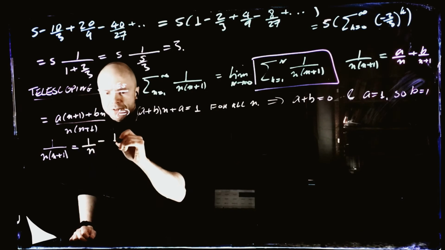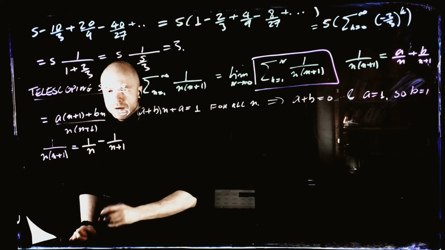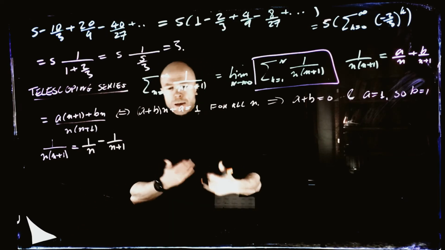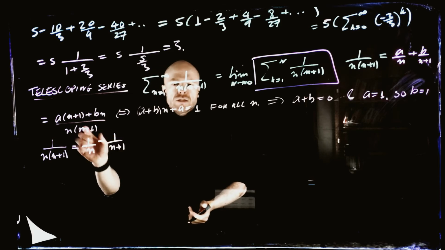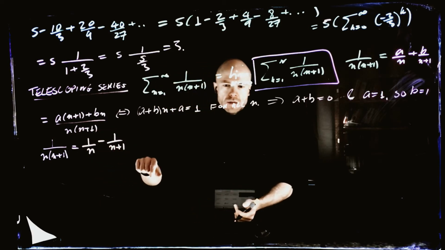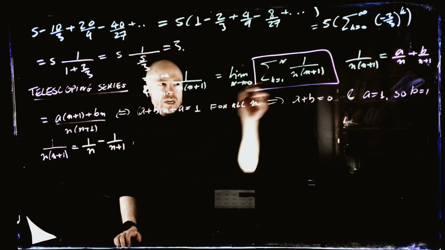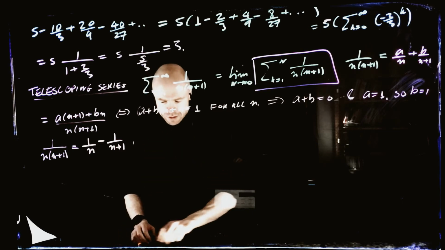1 over n minus 1 over n plus 1, like this. And that's what's going to happen in all telescoping series. We're going to have something like some term minus the guy that comes after it. Yeah? Because once we consider this partial sum in this box, the stuff in the red box